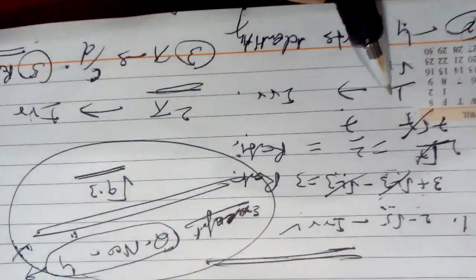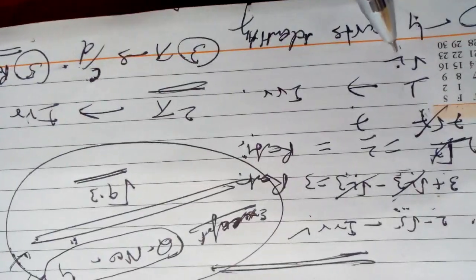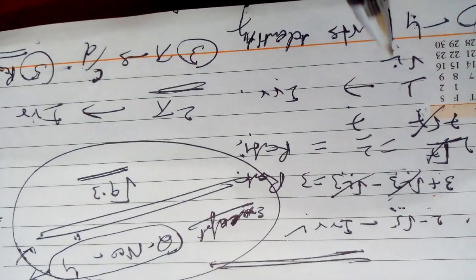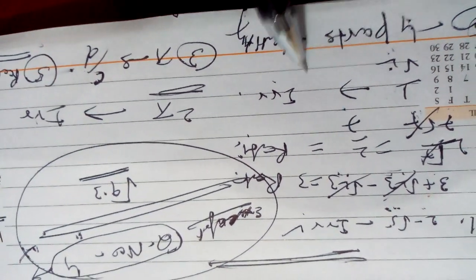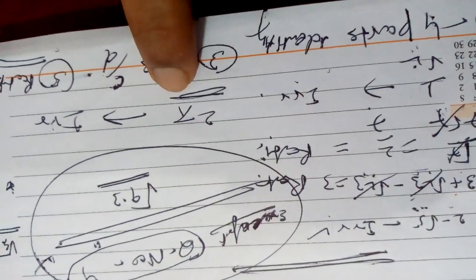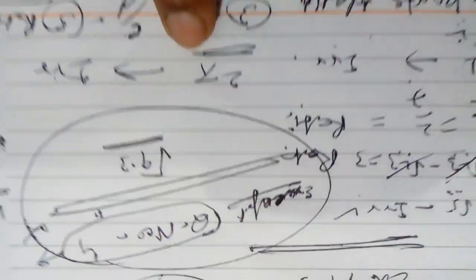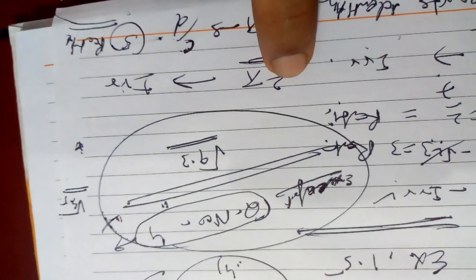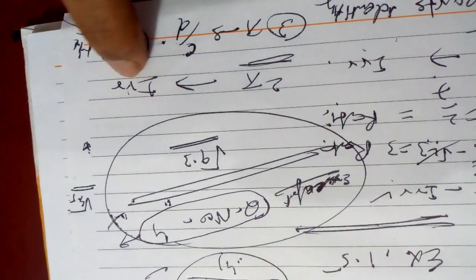Fourth question is given 1 upon root 2. Because root 2 is irrational, it is also irrational. Any one out of these two being irrational, so it is irrational. Last part of question number 1 is given 2 pi. Pi is irrational, so the product of pi with a rational is also irrational.